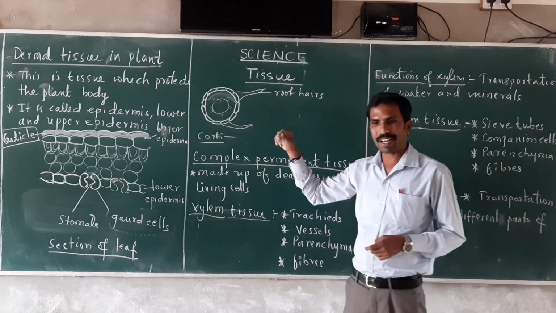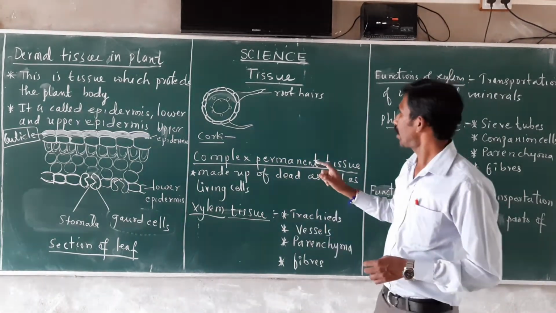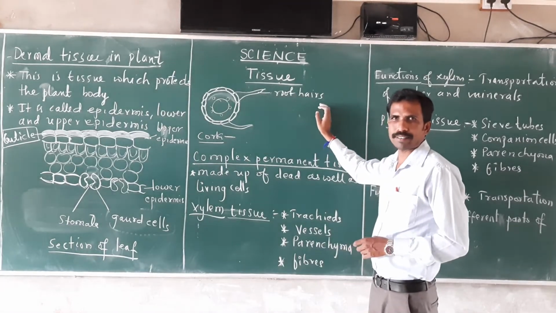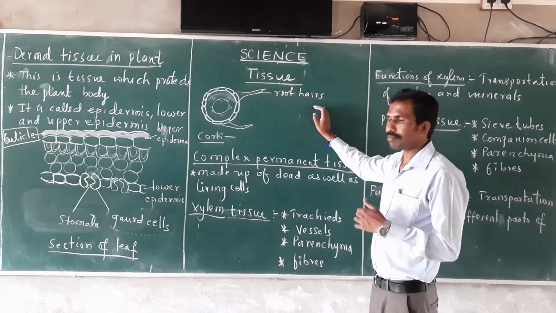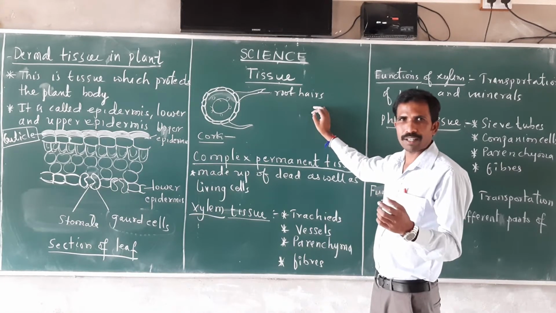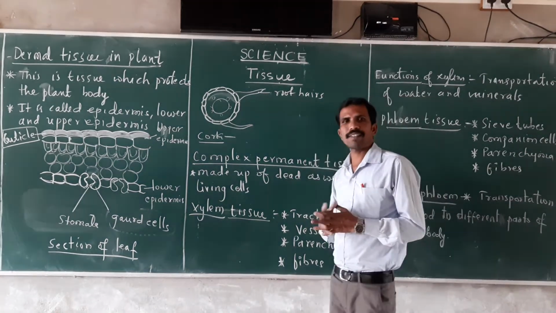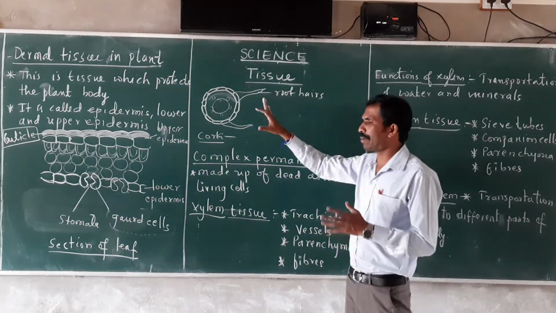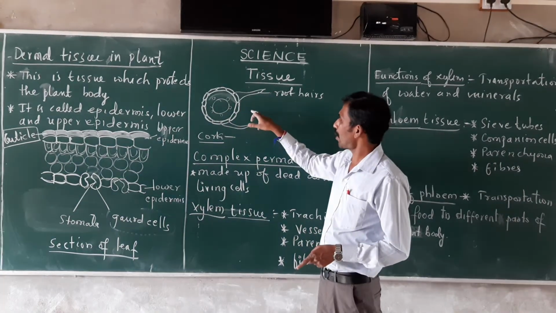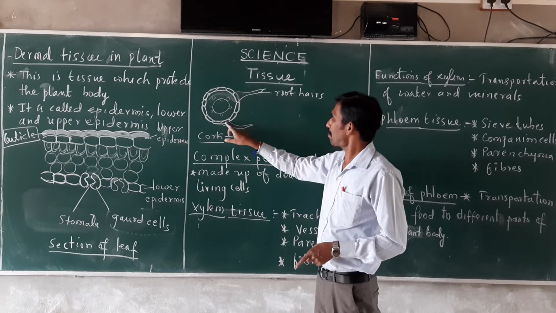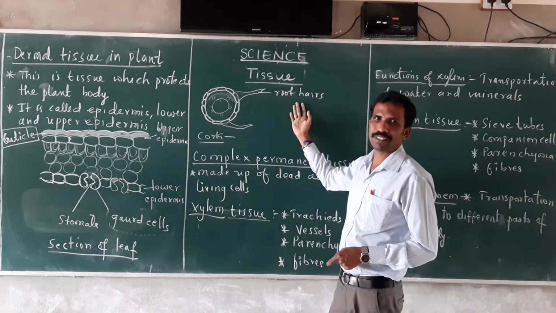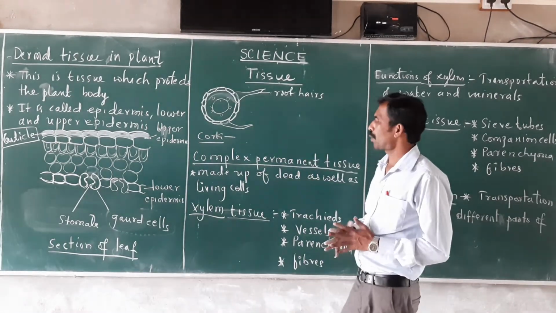But in case of roots, the epidermal cells which are present in the root convert into hair-like structures called root hairs. These root hairs, what do they do? They help in the absorption of water and minerals from the soil. These root hairs will be numerous in the roots, and they are modified epidermal cells. The epidermal cells only convert into hair-like structures called root hairs, which absorb the water.